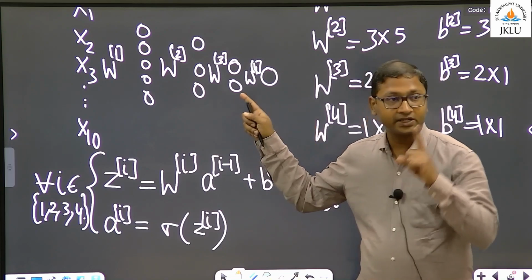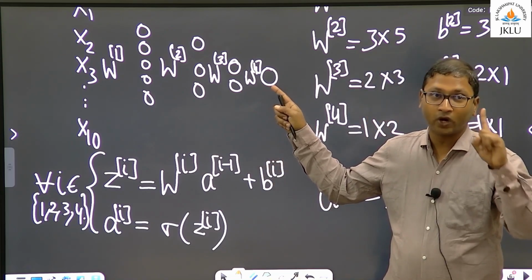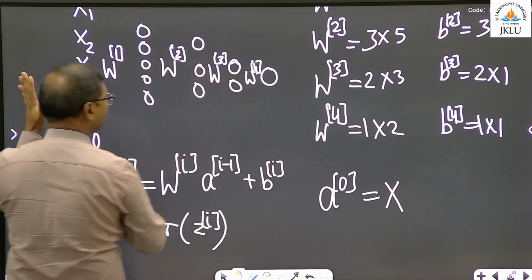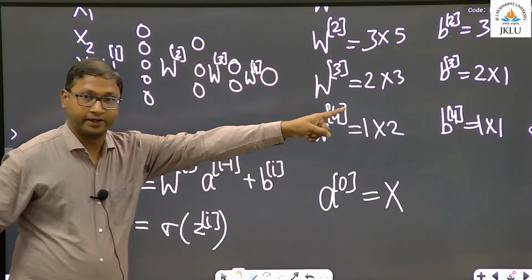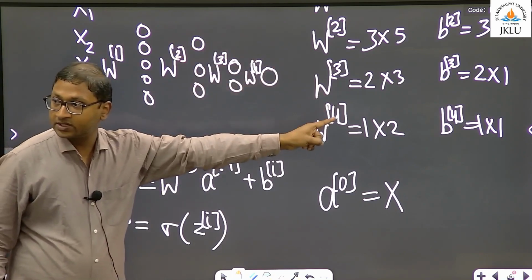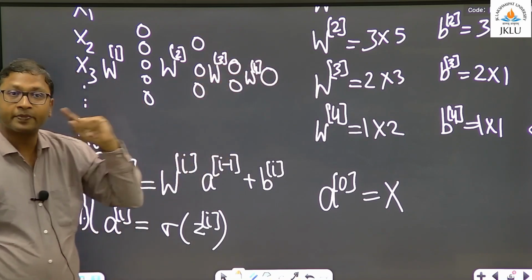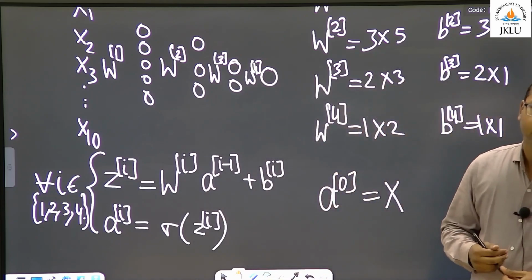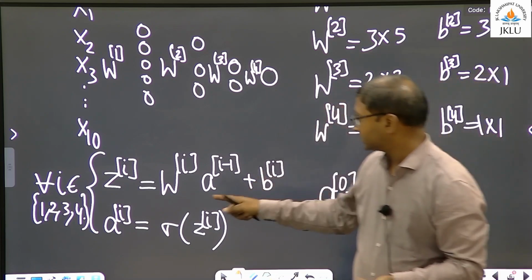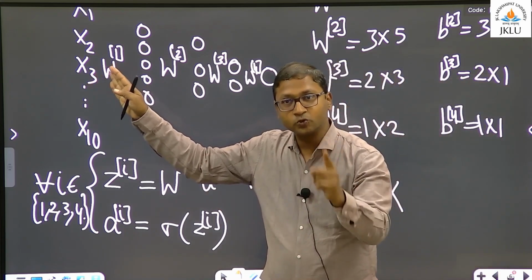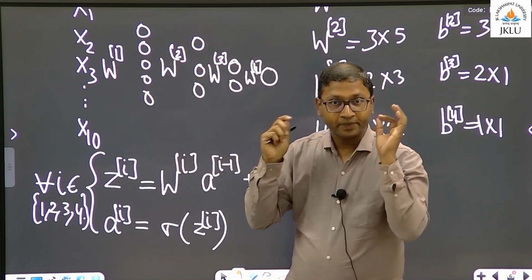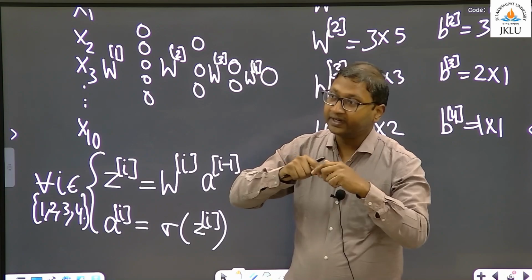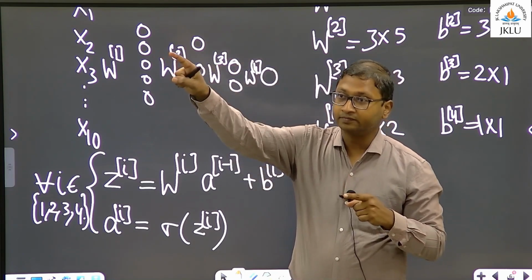All this computation is done for one training example. Let's say you have 10,000 training examples. First example comes, go through this, gives you y hat. Second example comes, go through this, gives you y hat. And this happens how many times? 10,000 times. Okay? We'll come to this in the next class, but just letting you know, if you have 10,000 examples, each one of them is supposed to pass through this. Each one of them is supposed to give you a y hat i that will dictate your cost function, and